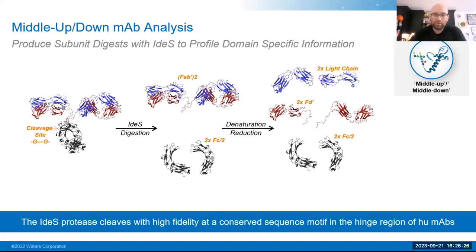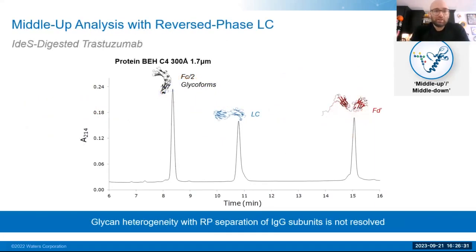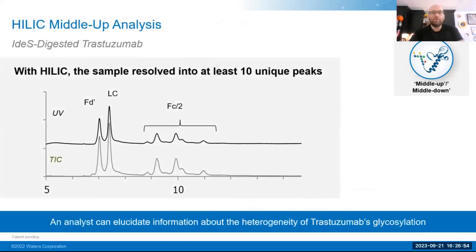This is going to allow us some more in-depth, discrete separations that initially, when you look at something like reverse phase, we'll just simply get three different peaks. So though this does provide us some more information than a standard intact mass analysis, unfortunately, we're still not getting the information we need in terms of, again, those discrete glycoforms that may exist. But if we, again, move to HILIC separation, what you'll begin to see is some specific separations based off of the particular glycans that are present.